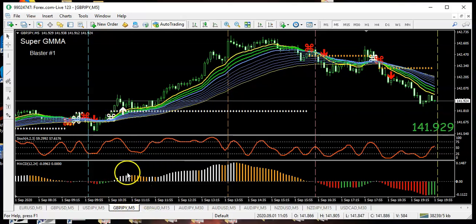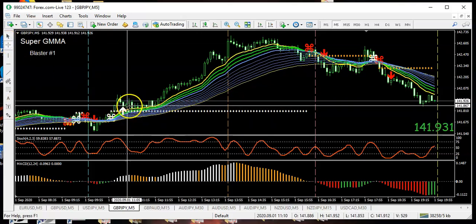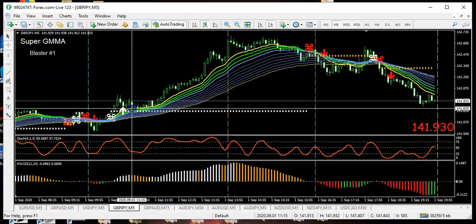We had the 5 white histogram bars followed by the pullback on the MACD, and then a continuation higher. Now, in this area here, you're going to use the Zelander signal line as your stop loss area. And notice on the 5-minute chart, with this up candle, as you pull back into the bands, you're going to find yourself, even if you go back all the way to the bottom of this Super GMMA cushion,